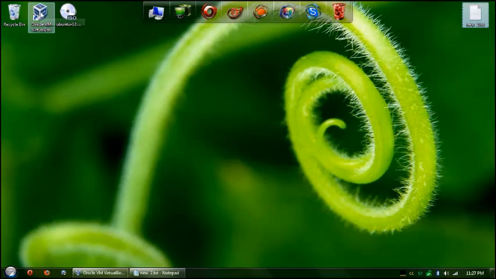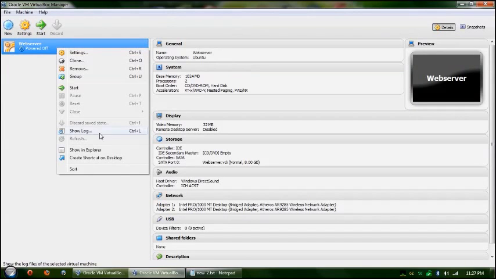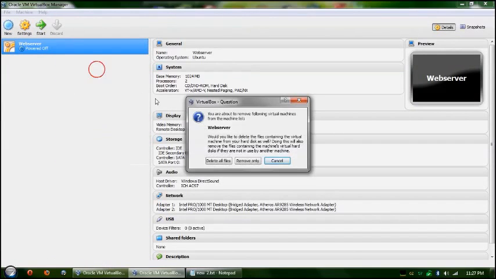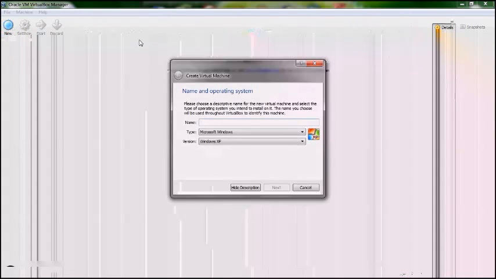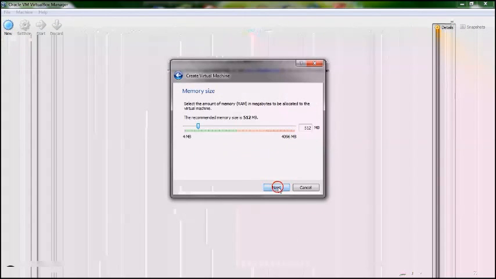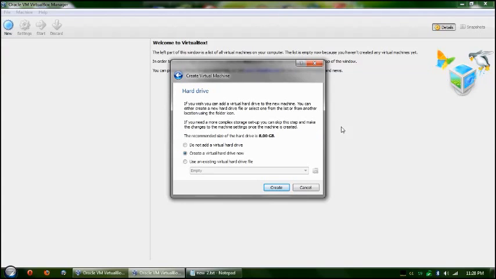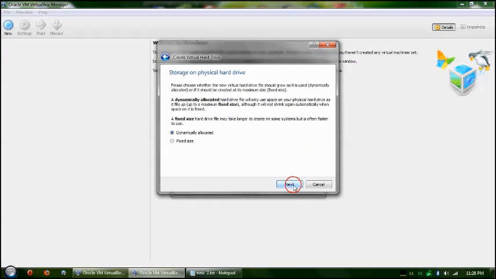So what we do first is we open up Oracle VirtualBox. I'm just going to delete this web server that I've been playing with. Okay, select create new, and we're going to call it web server. It is a Linux installation, an Ubuntu installation. Give it as much memory as you want. I'm going to give it a gigabyte. On the next, just say create the virtual hard drive now, and just say next, and then next again,